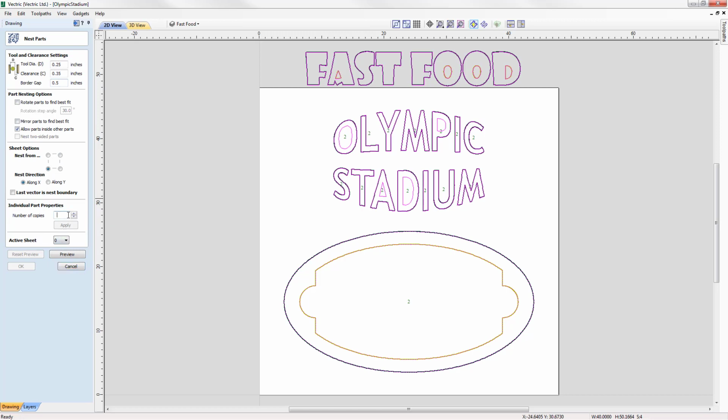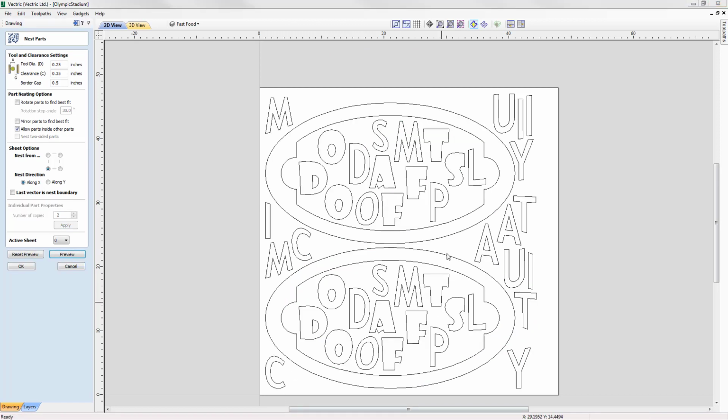So number of copies here, we want 2 of those, and then we could go ahead and press apply, and then we could go ahead and preview that. And there we can see that all of the vectors for 2 jobs are now on the same sheet. And this will make this job more profitable as we're maximising the use of the material that we've purchased to